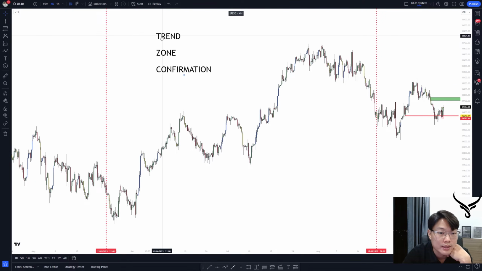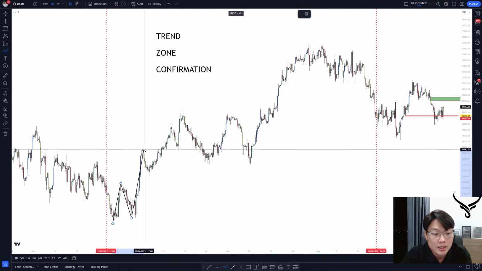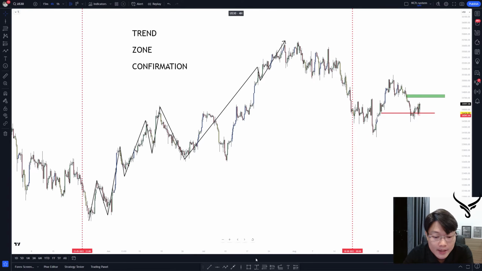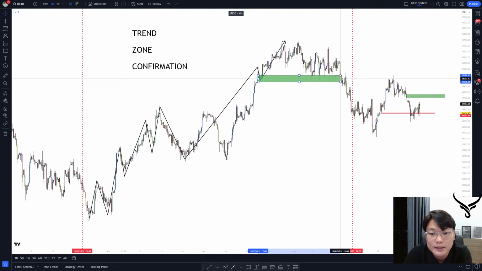For example, you can see right over here what the current trend of the market is. I will analyze the market structure like this. You can see the market structure at this time is quite obvious, because the market is running very clearly on the US 30 on the 4 hour time frame, and here we have the key level at this zone, a key level on the 4 hour time frame. We only use the 4 hour time frame to enter in this example,